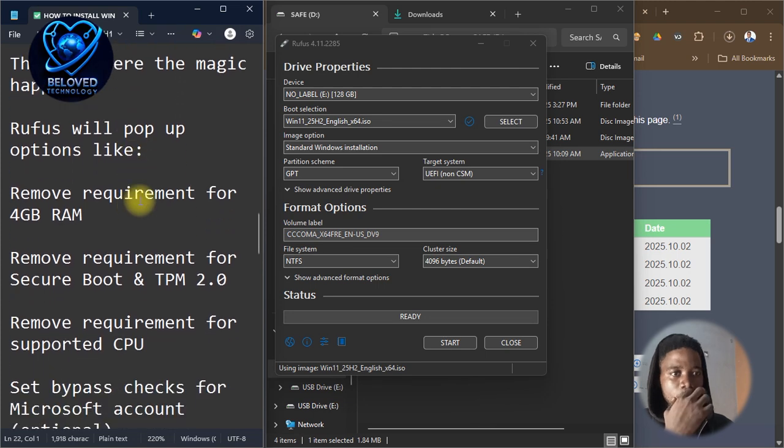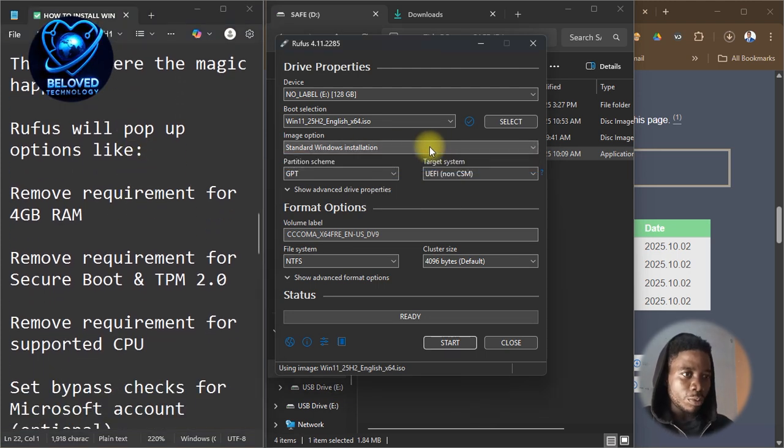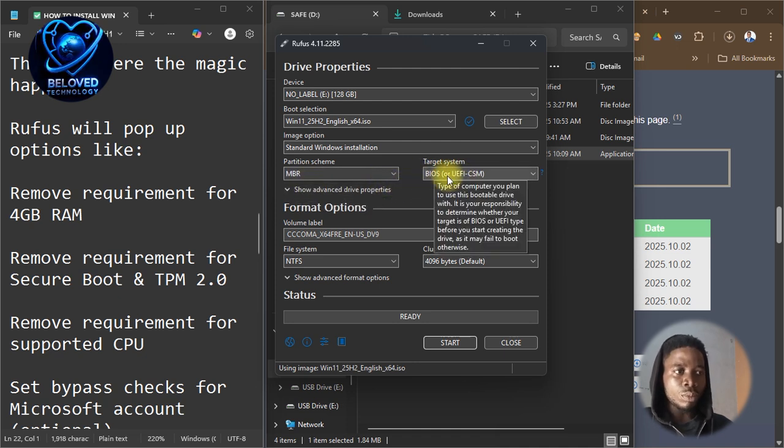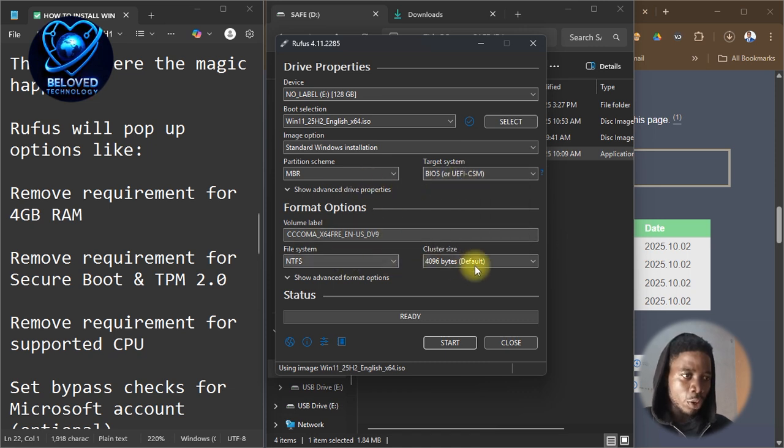So first of all, you leave this one here and then you change this one to MBR, depending on your system type, but it's advisable to use MBR. Reason being, if you choose MBR, it allows you to install on any of those types, either the old type of system or the new type of system. So once you're done with that, you can leave all these ones the way they are and then you click